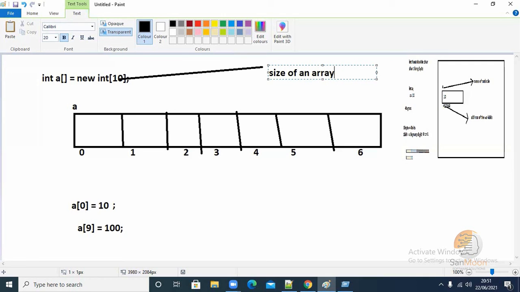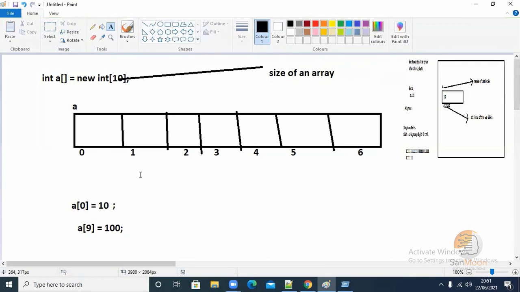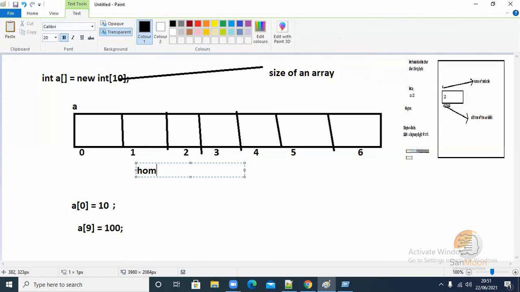The terminology is called homogeneous. Homogeneous means same data type. The terminology has been introduced: an array is a collection of homogeneous variables. That's the definition given.